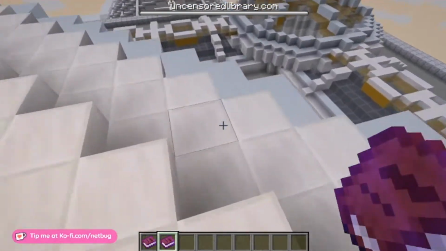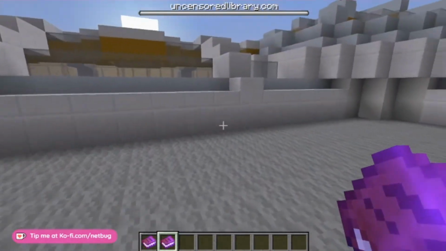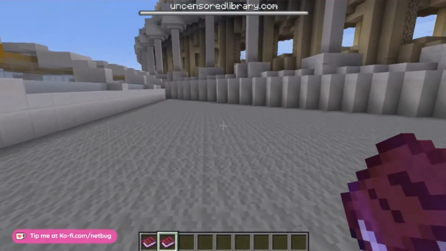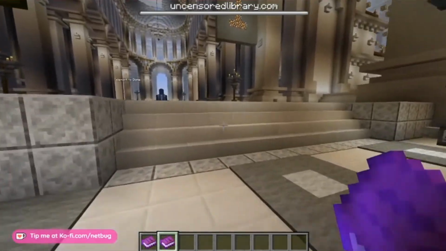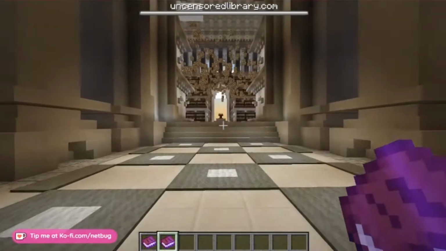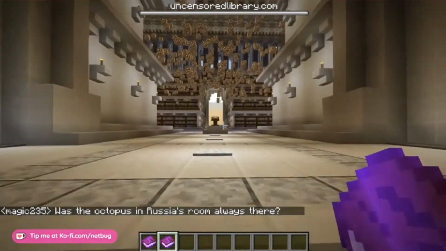And I get a feeling the books are this way too, so this is not the intended way to go around the building. Oh no, I'm stuck! I should probably just for once explore like a regular person. So what is this room? Was the octopus in Russia's...